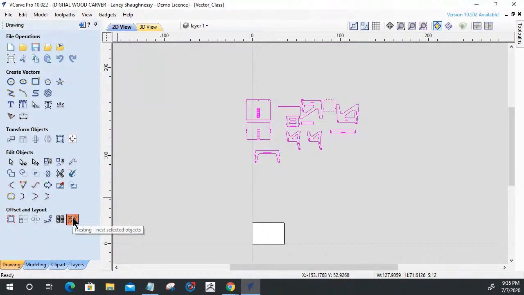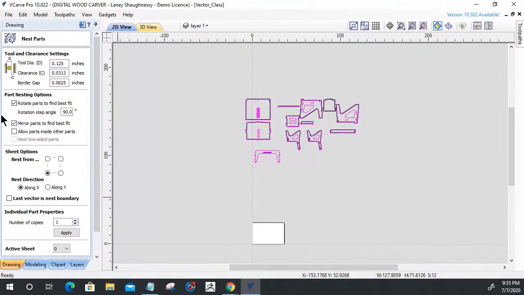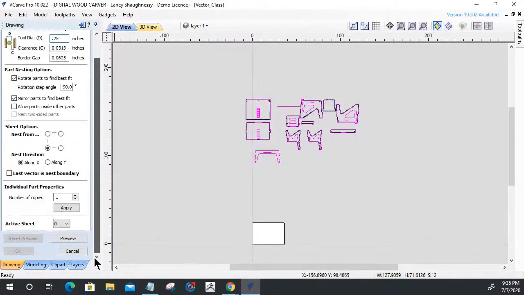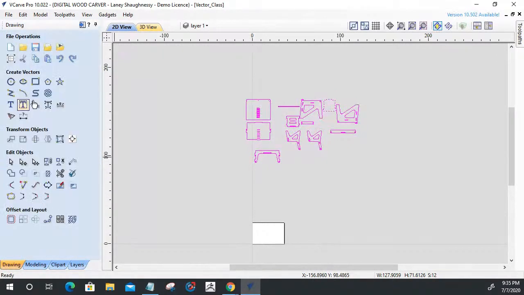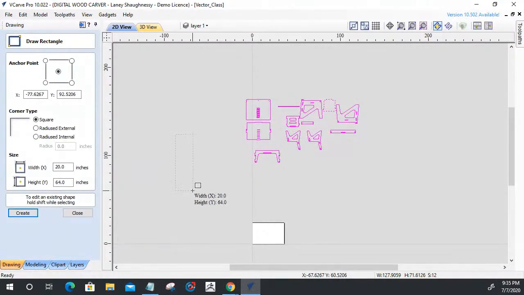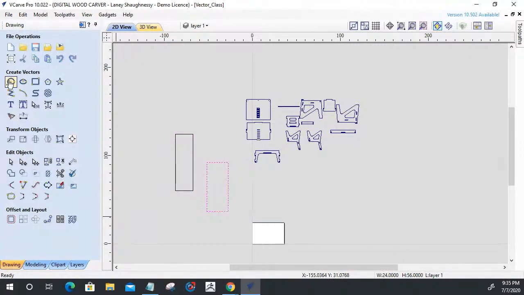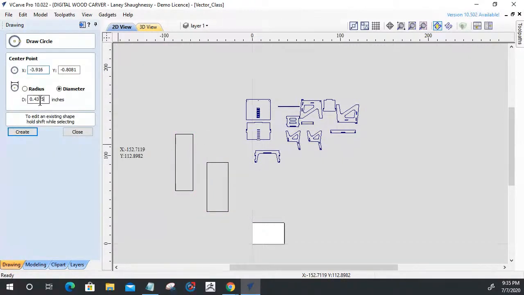I'm going to go into my nesting tool here. And I'm going to be using a 1/4 inch diameter end mill to cut the parts out. You need a clearance between the parts. And the clearance is, let me kind of draw this out. So imagine if we have one part here, and we have our 1/4 inch bit